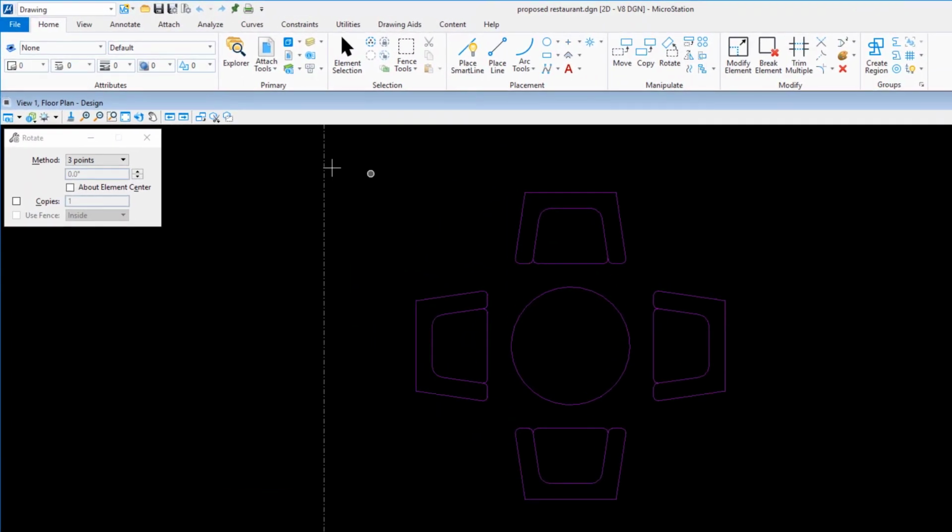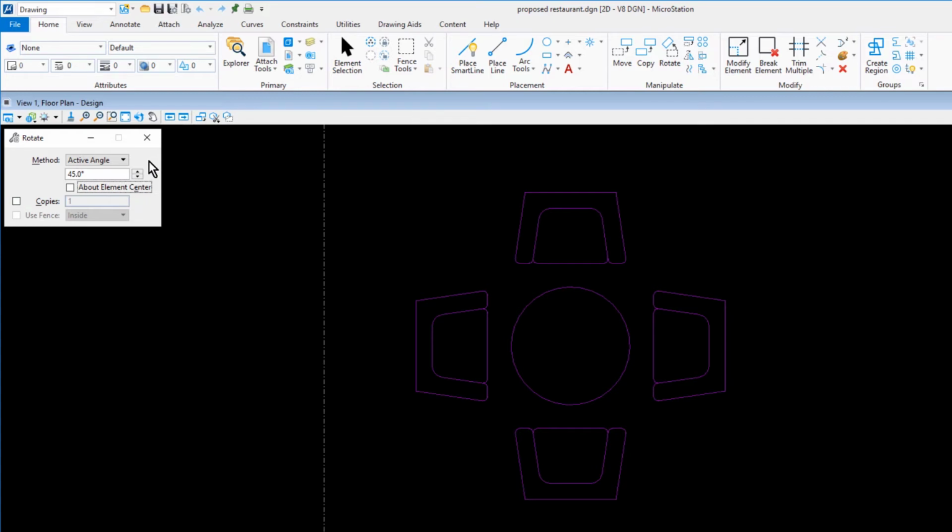To rotate a selected element at the active angle, select Active Angle from the Method menu, and then key in the rotational angle in the Angle field, or click the scroll arrows on the right side of the angle field to select standard angles such as 180 or 270 degrees. For the angle, key in the rotational angle 45, and let's make sure that the option Copies